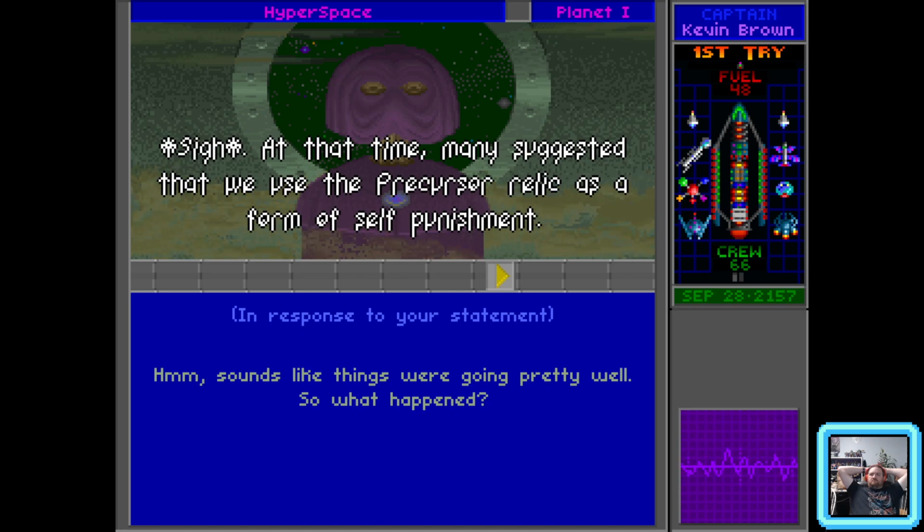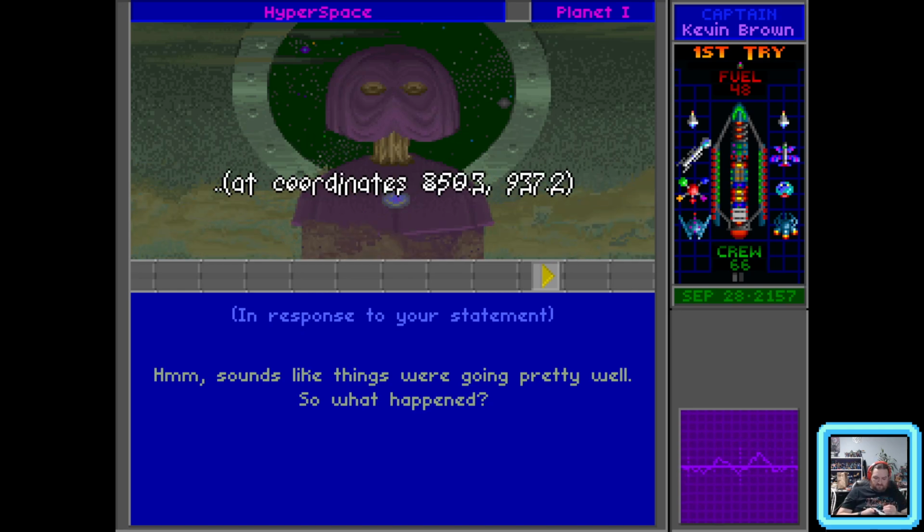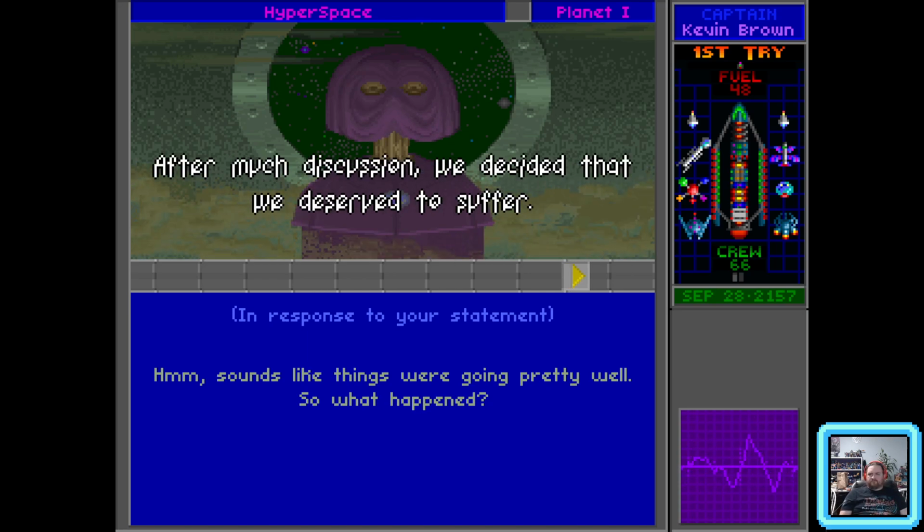At that time, many suggested that we use the precursor relic as a form of self-punishment. The proposal was that we collectively go to the second moon of the 6th planet of Zeta Hyades at coordinates 850.3 by 937.2, and use the ancient planeteering device to end our existence. After much discussion, we decided that we deserved to...